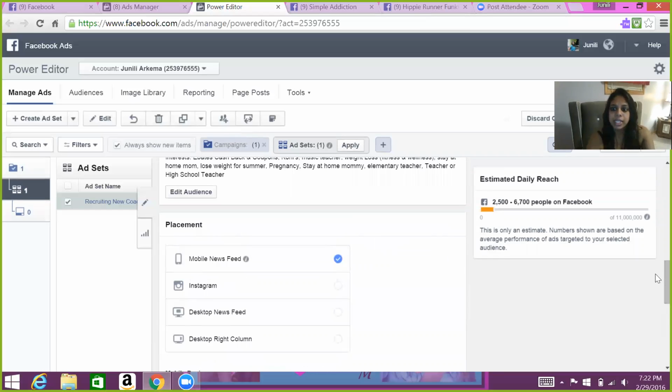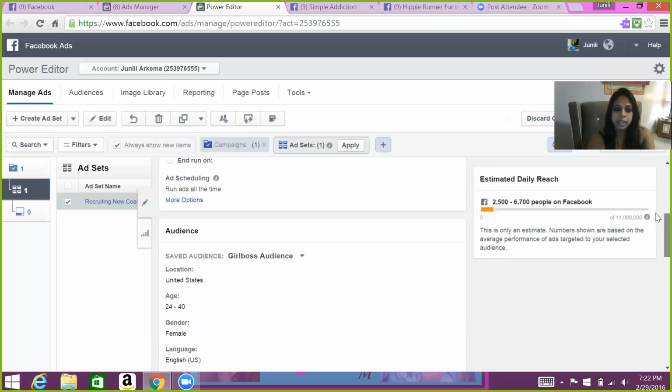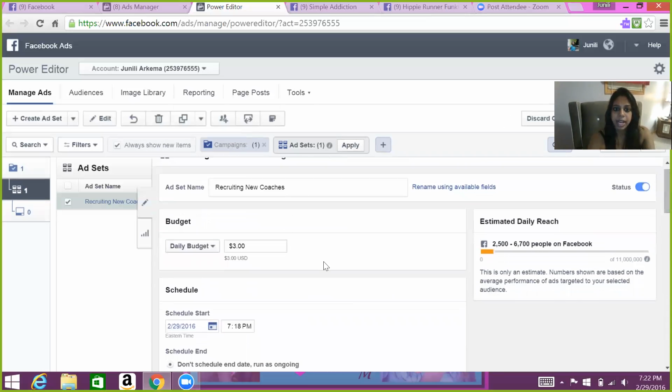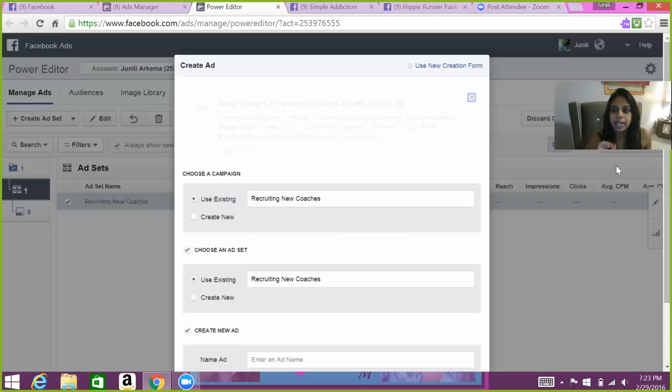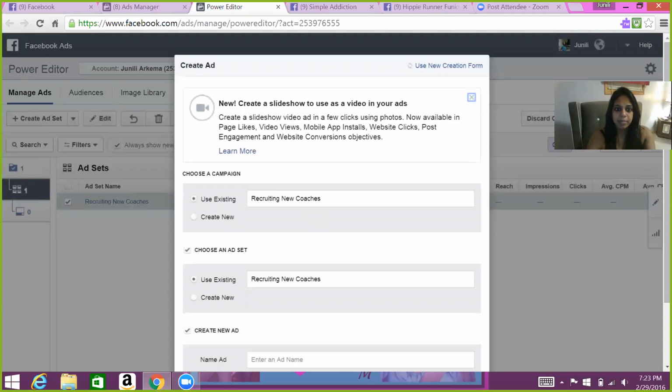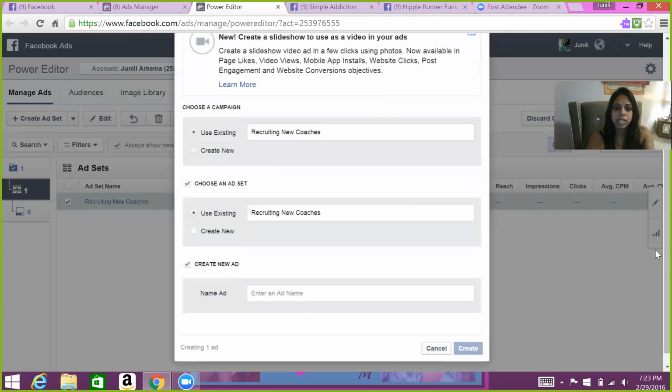So basically just focus on setting your audience and your budget. $3, $2.50, whatever you feel like spending each day. Then at the top, right here, where it says create ad, view ad, you're going to actually create your ad right now. So I will create ad. It will have the same campaign name, the same ad set name, but now you need to come up with your ad name. So again, to keep it simple,